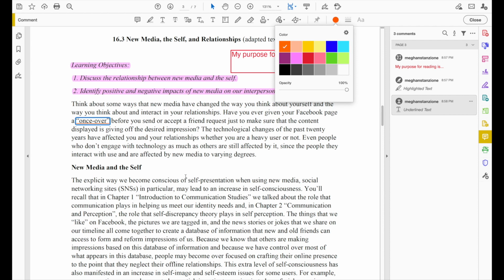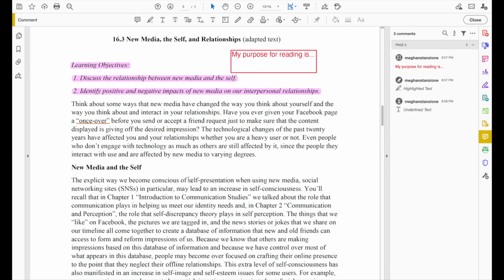The next tool I want to show you is the Shapes feature. Sometimes in your reading you might come to a certain word or phrase that you want to put a box around or some other shape. You can do that by clicking on this icon and looking at the options that come in the drop-down menu and selecting the shape that you'd like to use. Here we'll use a rectangle. Now you can use your mouse to draw the rectangle around your selected text.